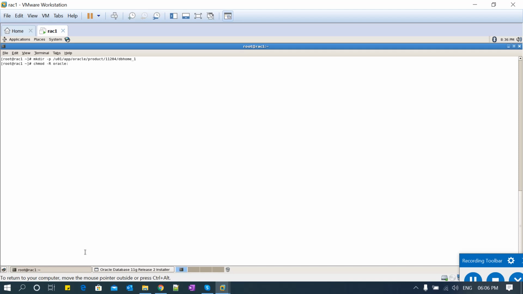So what I'll do, I will create it as the root user. I'm changing the ownership of u01 with chown, and then I'm giving chmod 777 to u01.